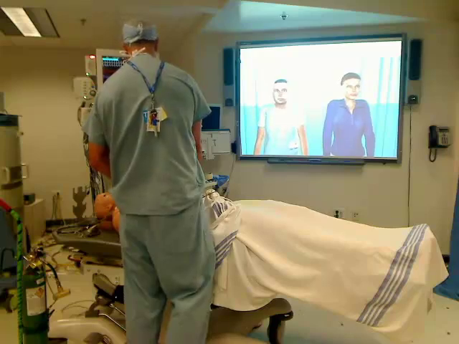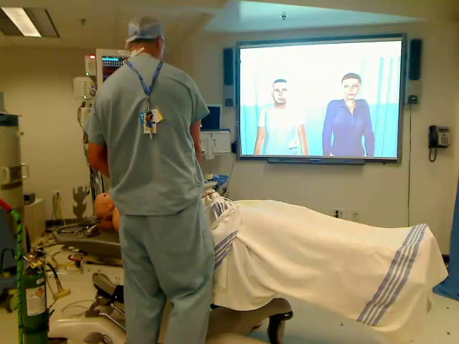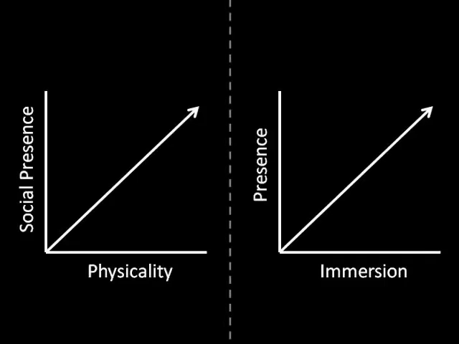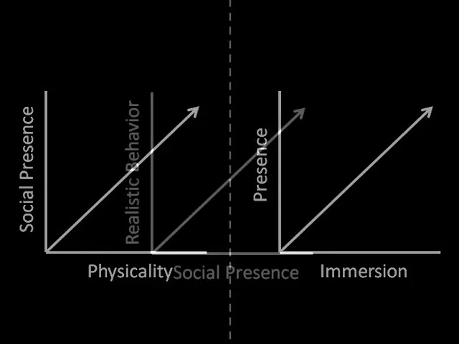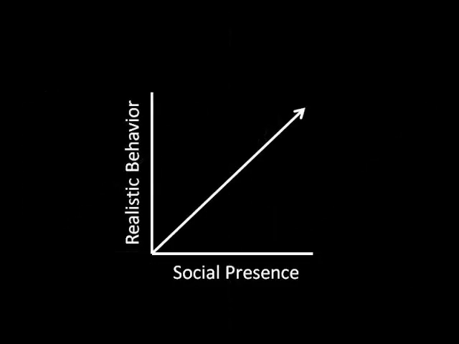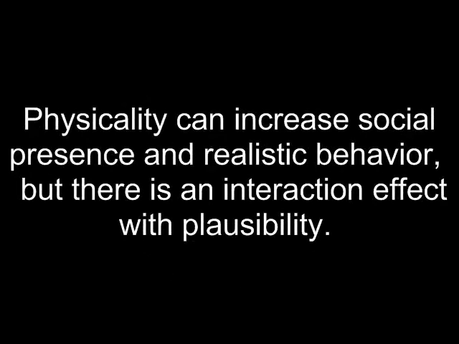Social presence is the perceived ability of a medium to connect people. We hypothesized that increasing physicality increases social presence, analogous to immersion's effect on presence. We also hypothesized that increasing social presence causes users to show more realistic behavior towards the ECAs. Our results show that increasing physicality can increase social presence and realistic behavior, but that there is also an interaction